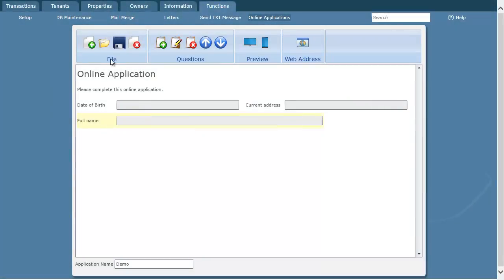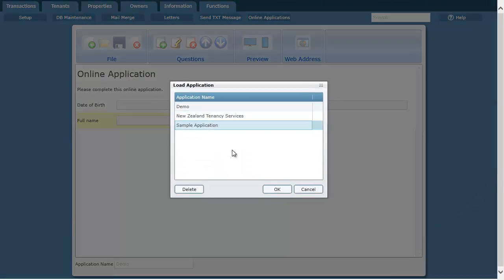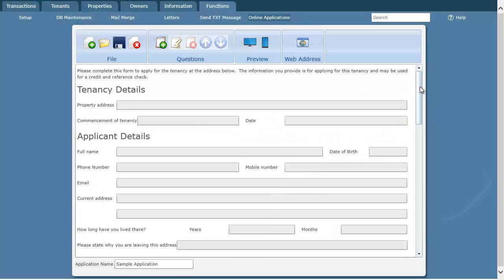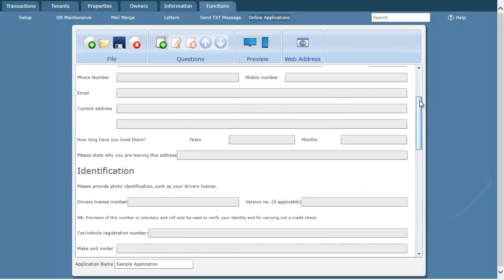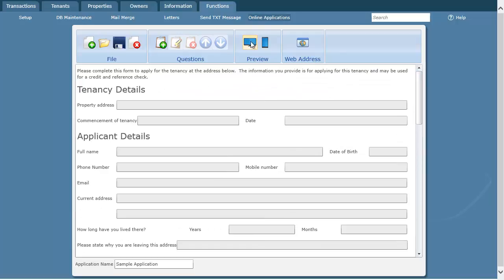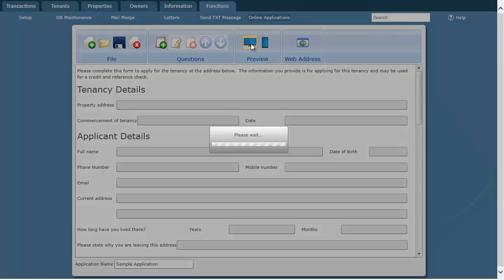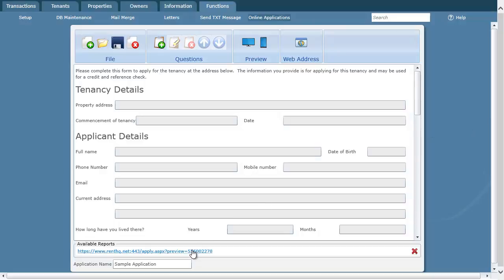I'm now going to take a look at another application that I've already created, a sample application. This one here has got a lot more questions, as you can see. Now I've got a couple of buttons up here to preview my questionnaire, and if I push this preview button here, this is going to preview it on a normal size large screen. I'll get a link at the bottom which I click on,